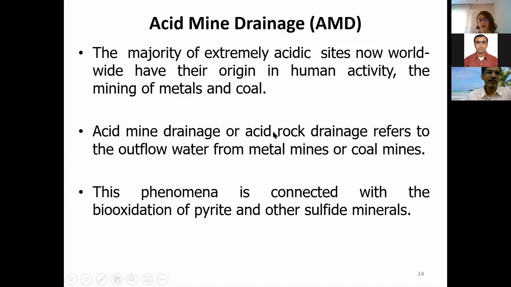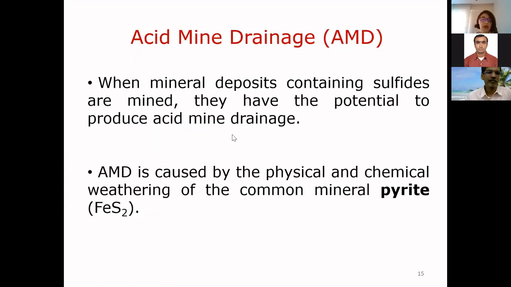The majority of acidic sites worldwide have their origin in, unfortunately, human activity. Acid mine drainage or acid rock drainage refers to the outflow water from metal mines or coal mines. And this phenomenon is connected with the bio-oxidation of pyrite or other sulfide minerals. When mineral deposits containing sulfides are mined, they have the potential to produce acid drainage, and it is caused by the physical and chemical weathering of the common mineral